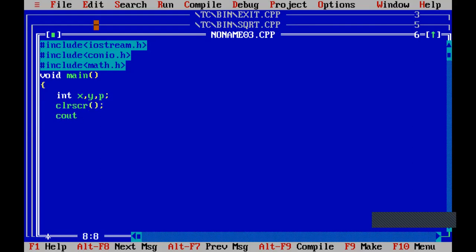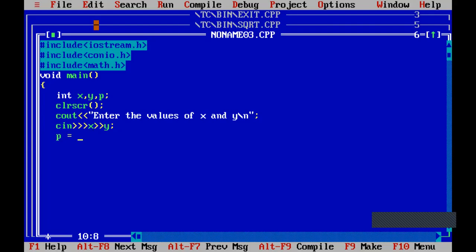Next, clear screen. So cout, enter the values of x and y. Okay, so cin x, y.